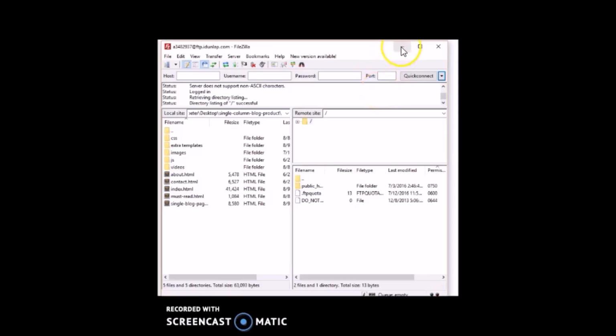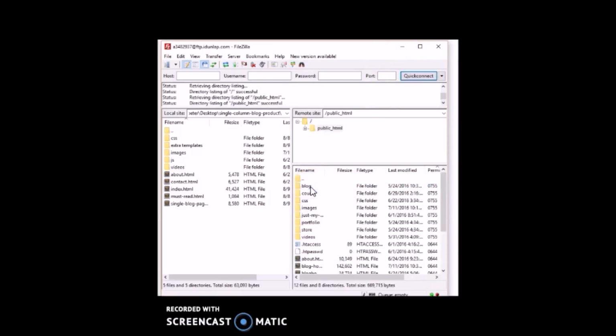So once you log into your FTP, you're going to see these files right here. Of course, you're not going to do anything with these ones. You're just going to go ahead and open this public HTML. And as you can see, I have my website already in here. There's a bunch of files, but more or less you see some of the same ones like CSS, images. I have a portfolio, a store page, things like that. I have a blog page where I store all my blogs. So for you, what you want to do is